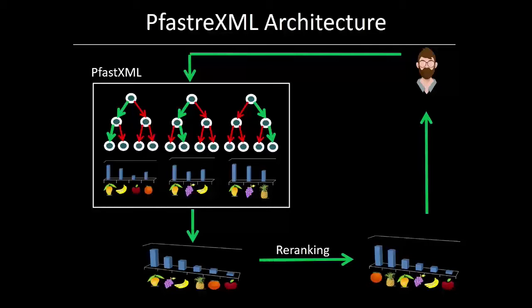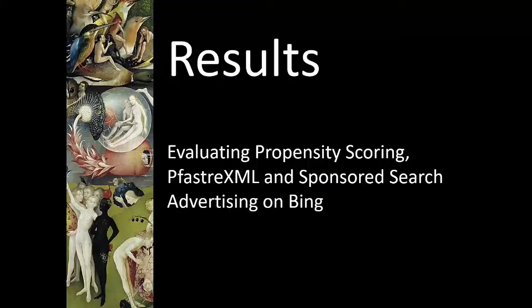And then we add a tiny re-ranker on top of that, which we can train in milliseconds, and which also makes predictions in milliseconds. And so you get propensity scored re-ranked FastXML, that's faster XML. And again, the re-ranker is not all that important. If you had more budget, you could have used PD sparse or DisMec or whatever you like. So let's quickly look at some results.